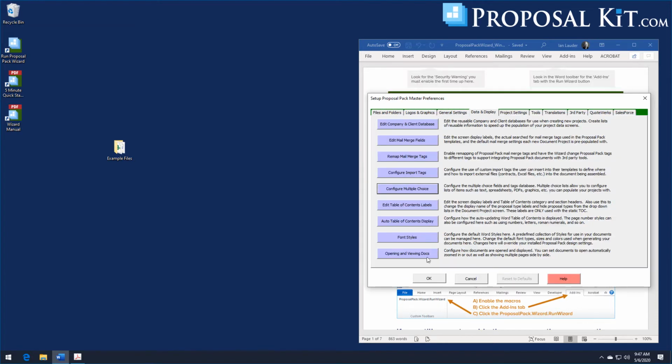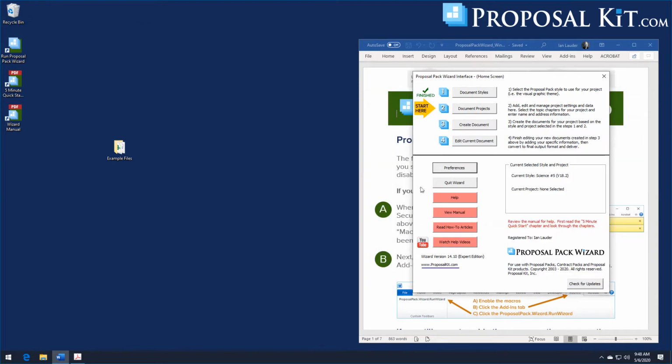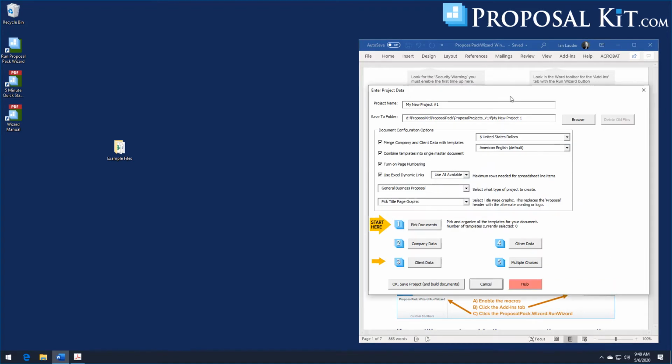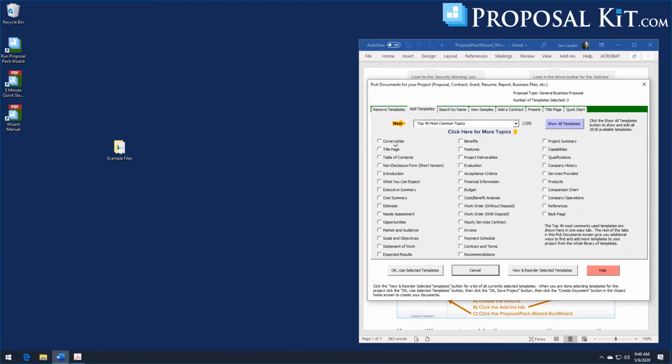All right, now that we've gone through the preferences, we will show this in practice. So our first example, we're just going to show the basic mail merge tags. And this works in both the Novice and Expert Edition. So most of the time tags are used in the cover letter, title page, the company history is a place they're commonly used, back page,